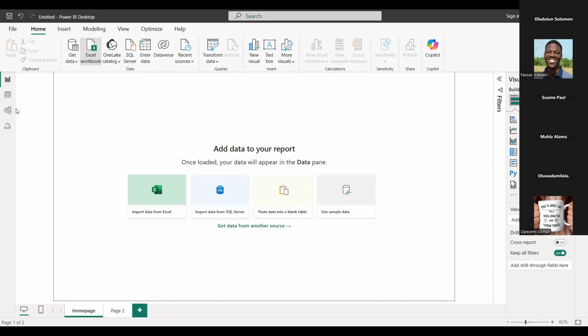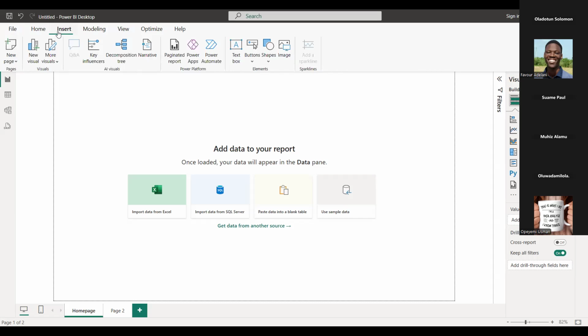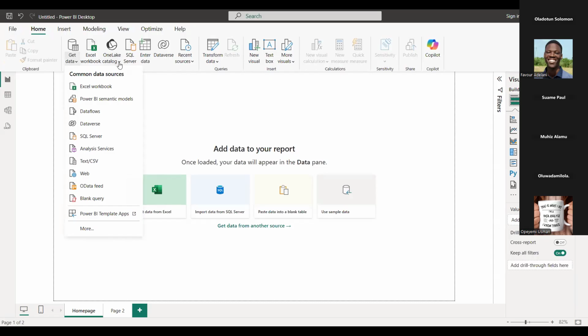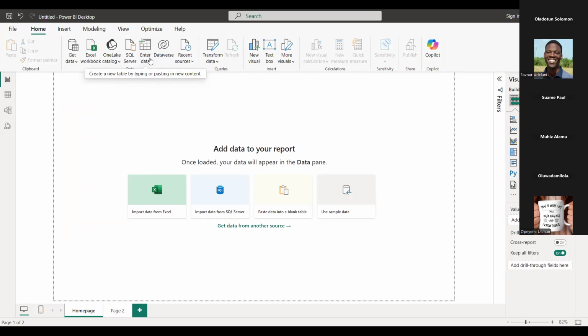So now, if you see right on top here, we have the tabs, and then we have the ribbons right beneath it. This is the Home tab. In the Home tab, we have Get Data and a few data sources. I'm very glad we had a very good class in Excel.